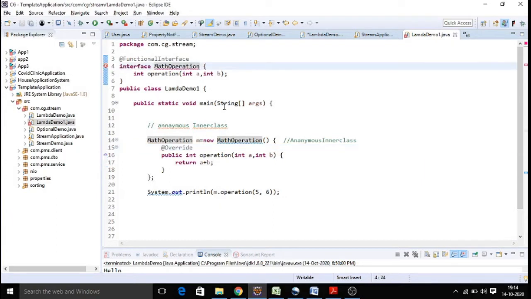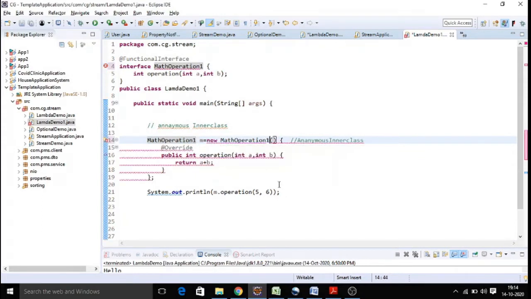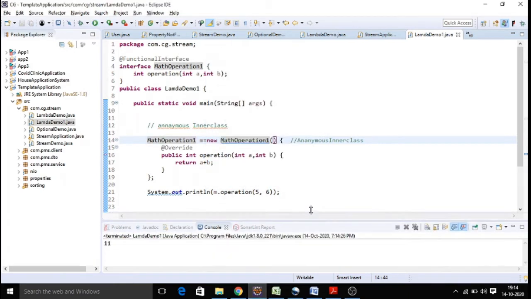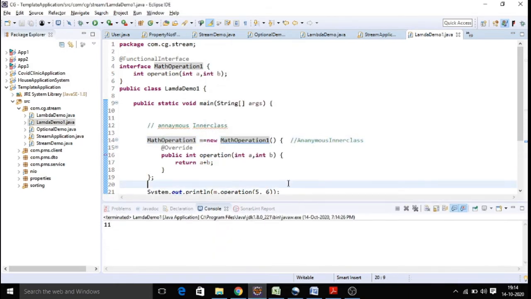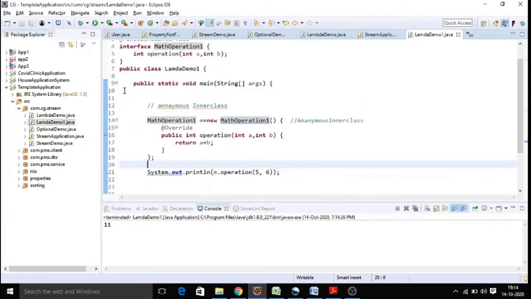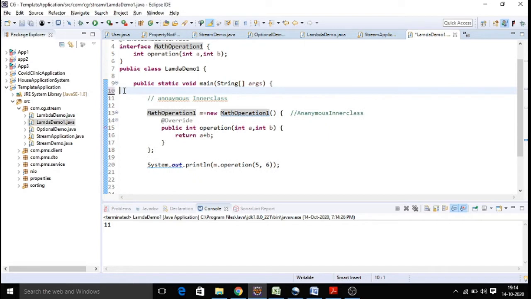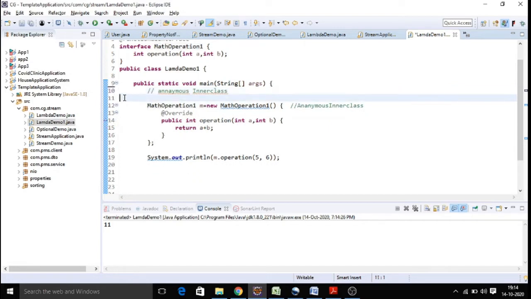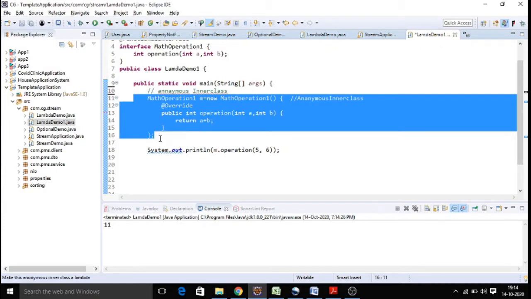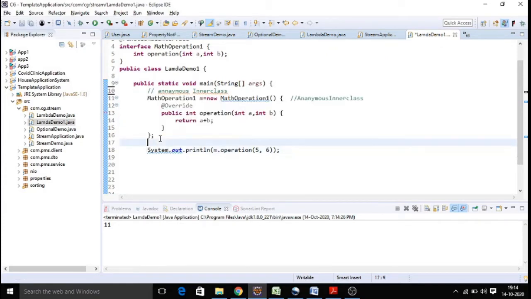Let me take a different name for this and then run it. Now we are able to override that method and get the answer. But in Java 8 we have a concept called the lambda expression, which will simplify your method overriding process, and we don't need to go with an anonymous inner class. How do we simplify that? We are going to discuss that now.